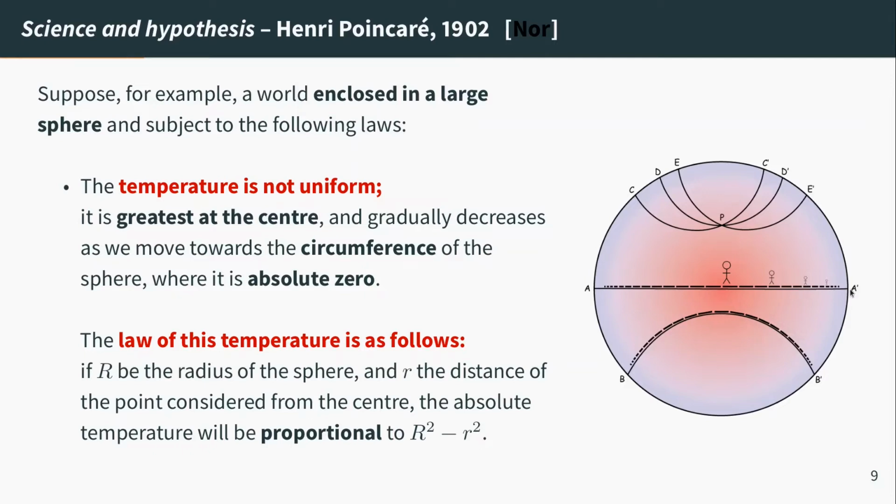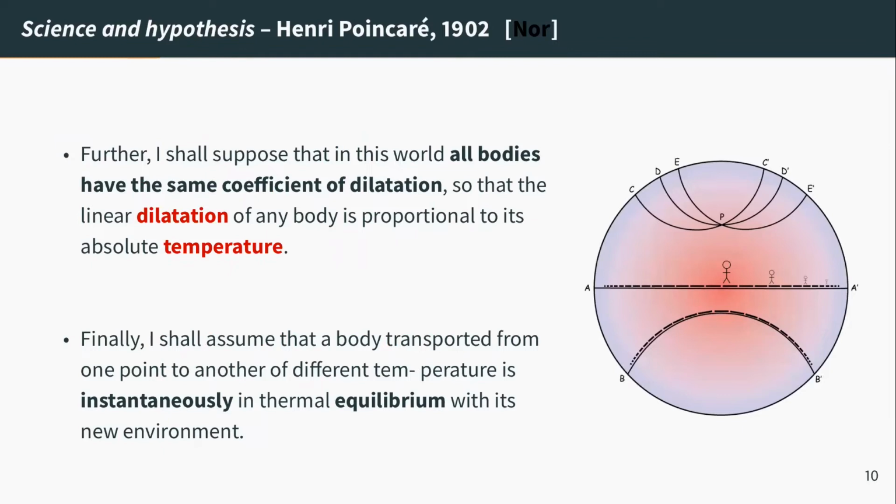And then, as I approach the boundary, small r gets closer and closer to 1, and so the temperature gets closer and closer to 0. So that's first how we're going to construct a field of temperature. And as we see, this is what we call a Riemannian metric. A simple Riemannian metric is just a field of temperature. And now, to relate